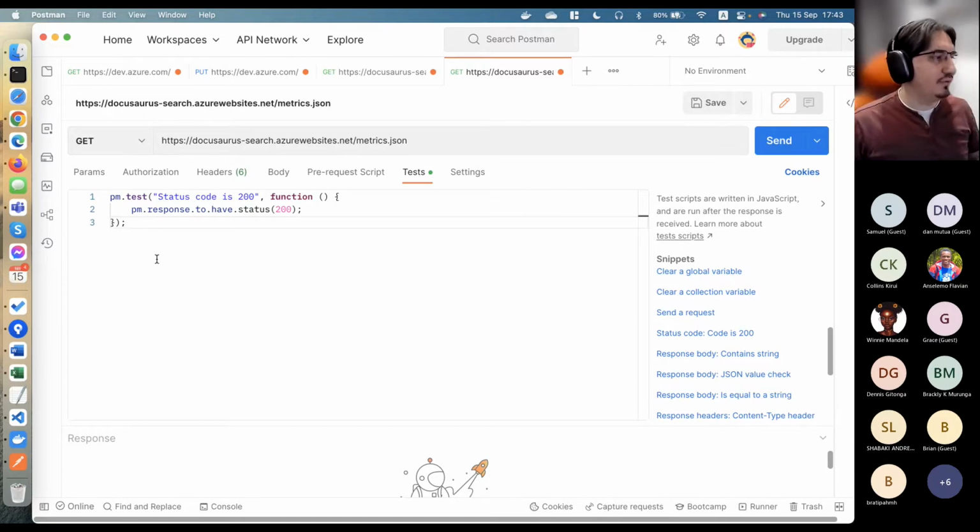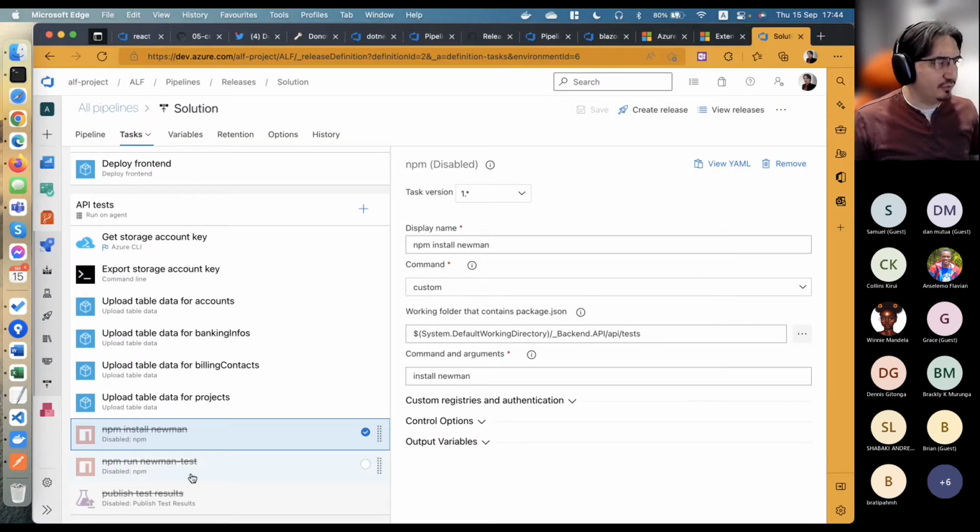For example, this is one of the snippets that will ensure that when I call this API, I am expecting that the response status will be HTTP 200. And we have a bunch of those tests here as well. And what we are able to do in our Azure DevOps, and not only in our Azure DevOps,